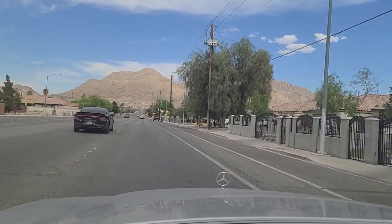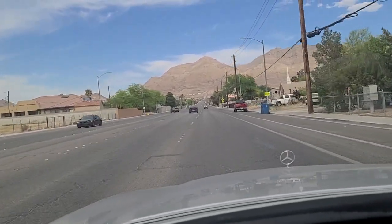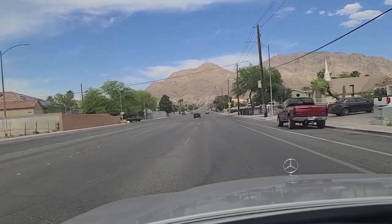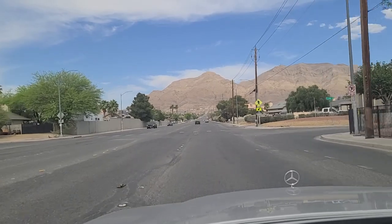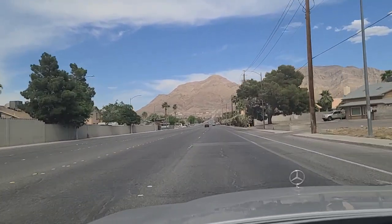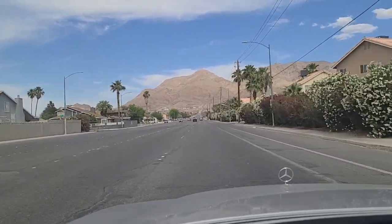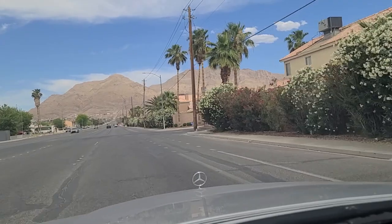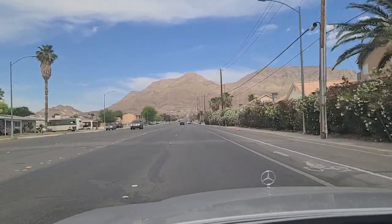You can see some homes up on the hill there. They're at the foothills of Frenchman's Mountain. Dead ahead. Now crossing Lynn Lane, which we were just on earlier. Beautiful flowers blooming here. If you happen to know what types of flowers these are, please drop a comment and